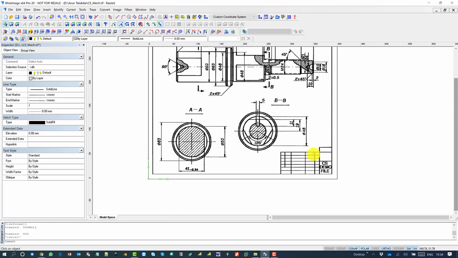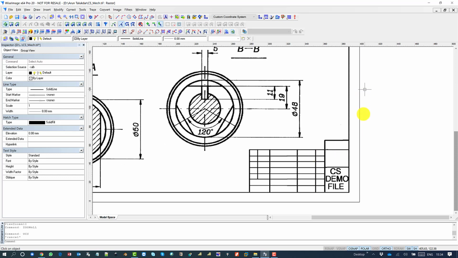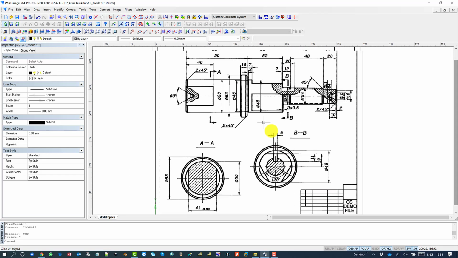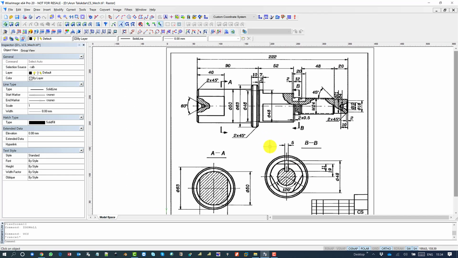Next, we should find the scale ratio in the title blocks tab. As you can see, there is no scale ratio mentioned. The second option for you to match the scale of the drawing is to take a reference from a dimension